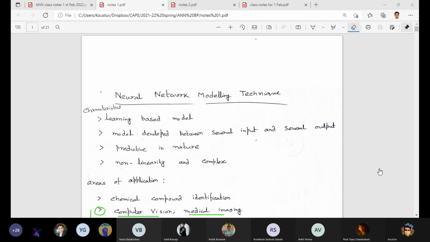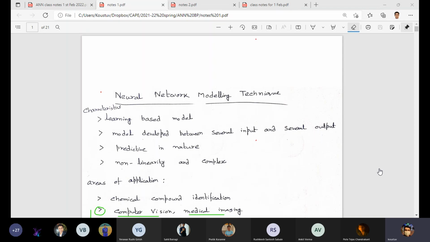Yes, sir. Do you have an idea about artificial neural networks, or neural network modeling in general? Yes, sir. Actually, we construct a network made from neurons, which have some learning parameters that are learned by training the model on some data set, and we test that model on another data set and check its efficiency or accuracy. That's nice. So more or less, many of you are familiar with this method.